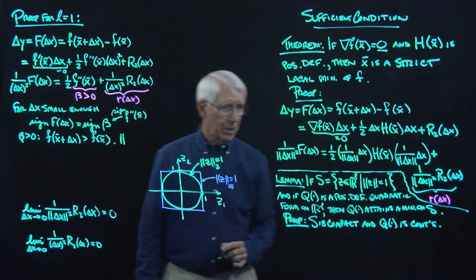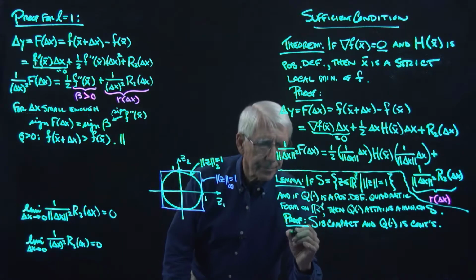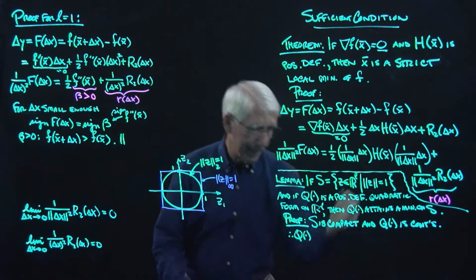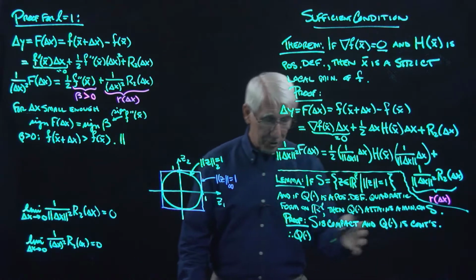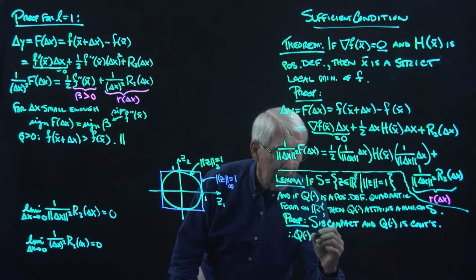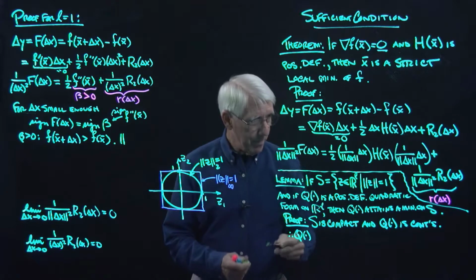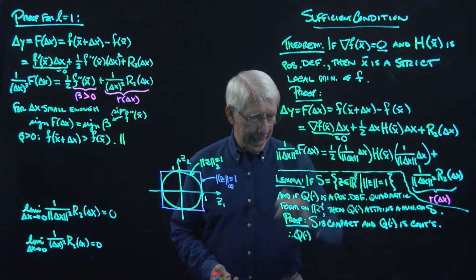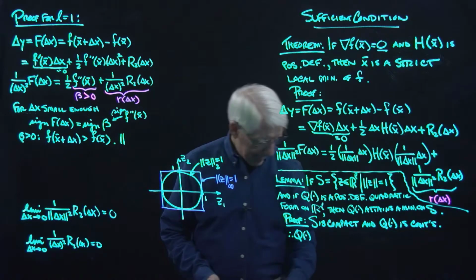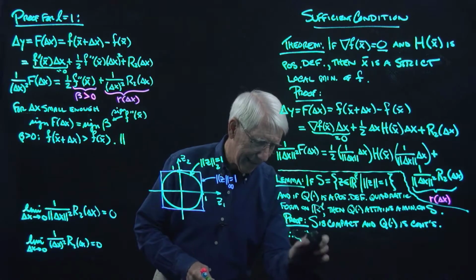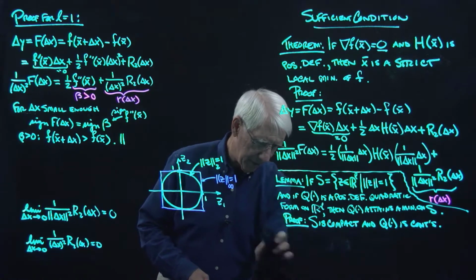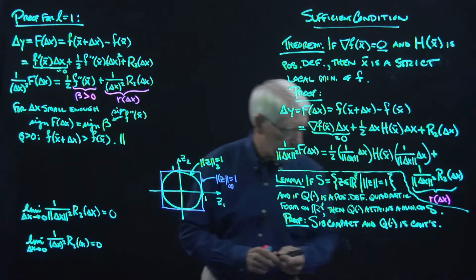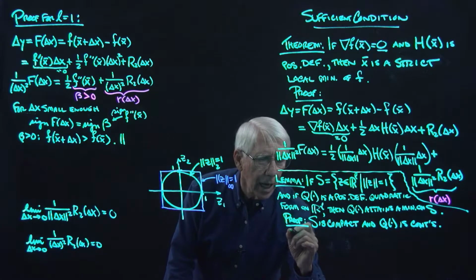S is compact, Q is continuous, therefore Q, that's it. I mean, apply the Weierstrass theorem and we have Q attains a minimum. And in fact, let's even say this a different way just so that we can apply it up here. So that says that Q attains a minimum. Well, no, in fact, let's write that down. So therefore,